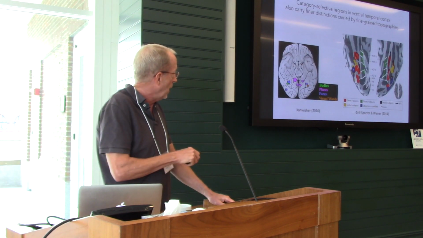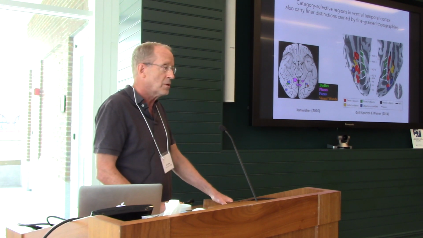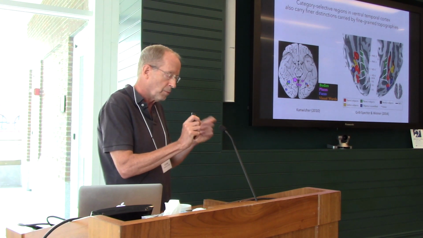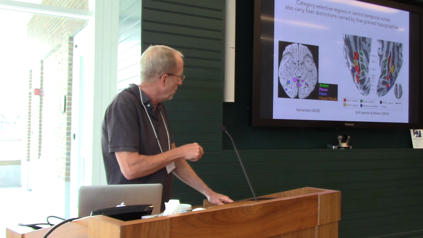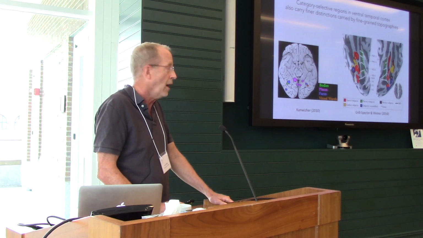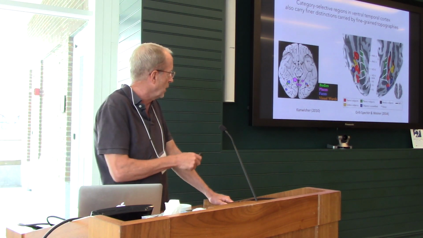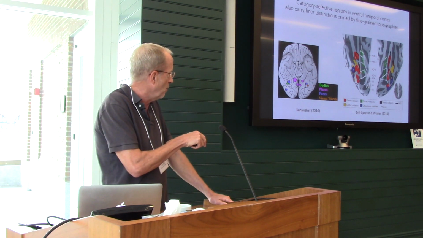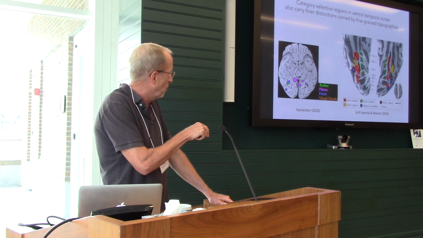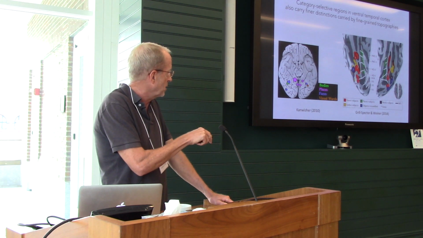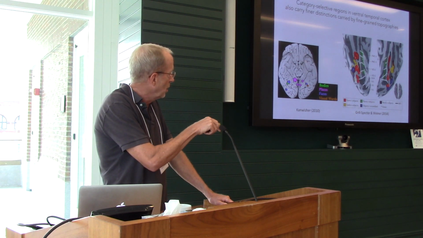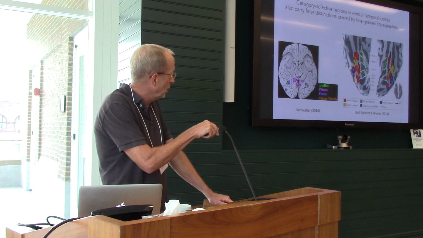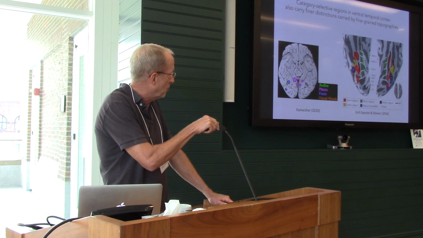Now what about after we get out of early sensory cortex, where we understand the topography and can label these different multiplexed basis functions? What about things like ventral temporal cortex? Well, ventral temporal cortex is usually modeled in terms of areas that are category selective. So this is Nancy Kanwisher's 2010 paper in PNAS, showing the centers for areas that are place selective, face selective, body selective, and word selective. And this is a more modern take on it by Kalanit Grill-Spector, showing the location of the face areas in red. There's an occipital face area and a posterior and a middle fusiform face area in red.